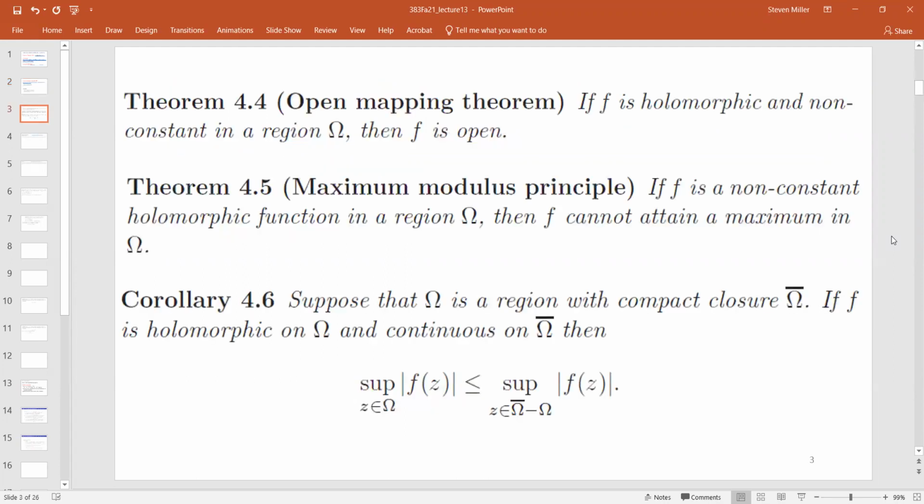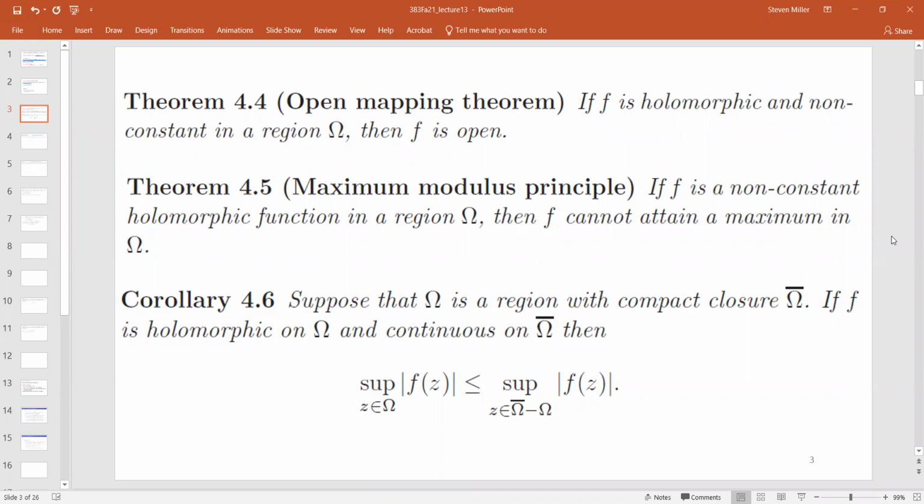Okay. Because the last lecture was purely video, I wanted to quickly state the open mapping theorem, the maximum modulus principle, and the corollary. These were on previous slides, but just for completeness, this way they're also in the slides from today. Again, this shows the incredible power of Rouché's theorem. These are two remarkable consequences. The open mapping theorem says that if f is holomorphic and non-constant, then the image of an open set is open. Very different than real analysis.